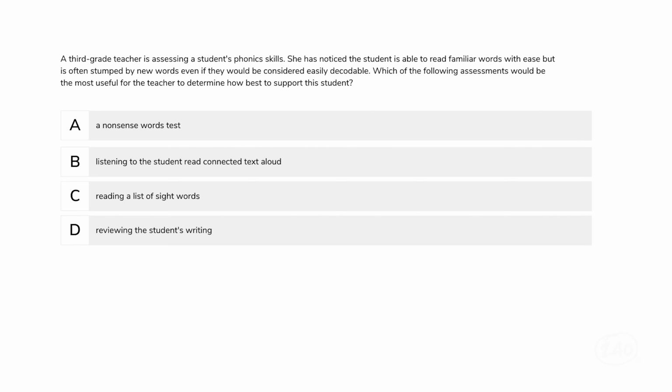A 3rd grade teacher is assessing a student's phonics skills. She has noticed the student is able to read familiar words with ease, but is often stumped by new words, even if they would be considered easily decodable. Which of the following assessments would be the most useful for the teacher to determine how best to support this